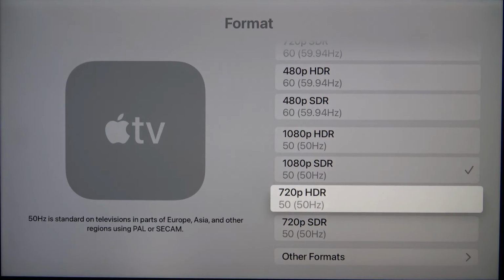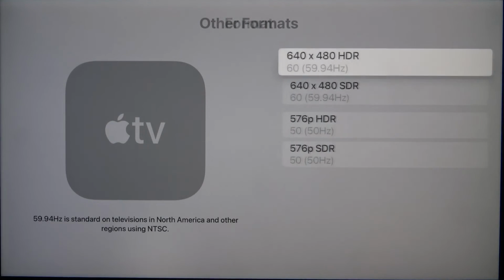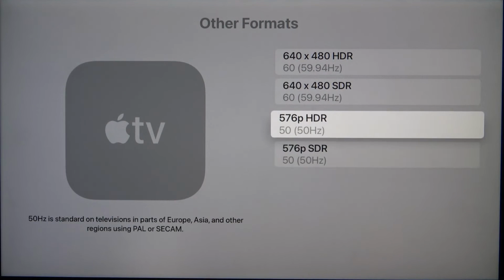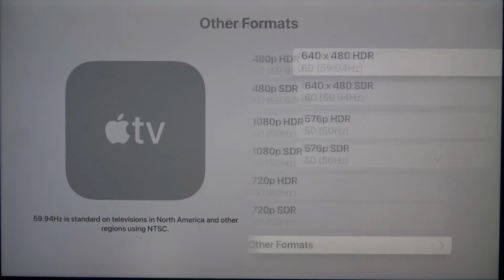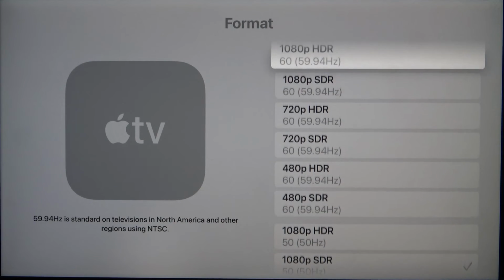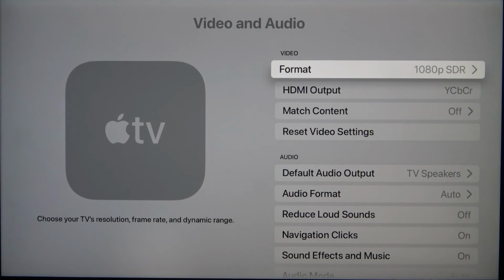And we switch to the preview format. As you can see, you can spot here also the other formats. And basically that's all. After that you can just go back,